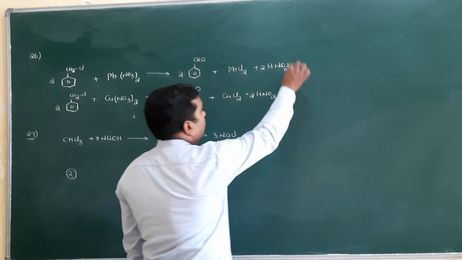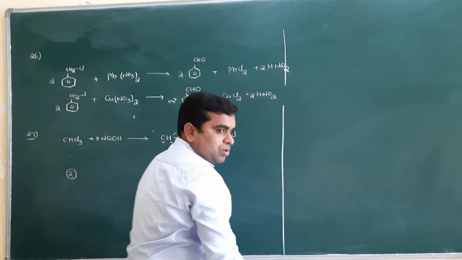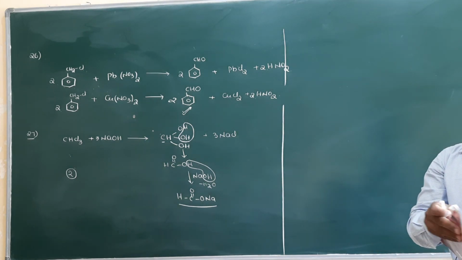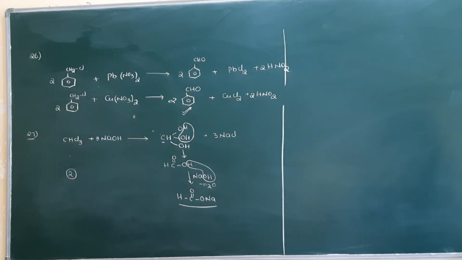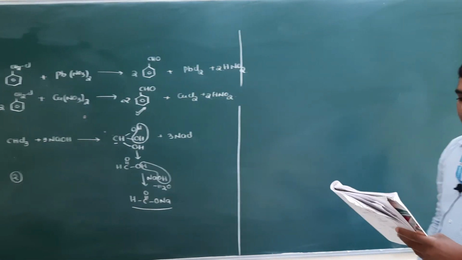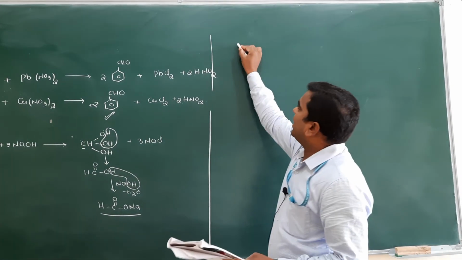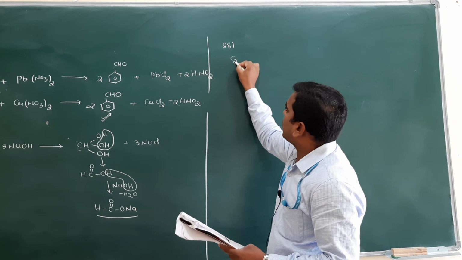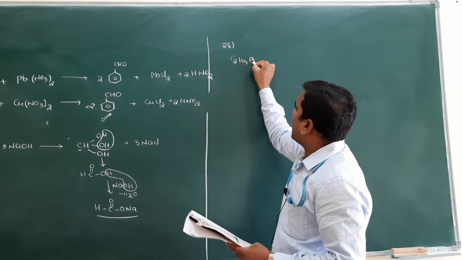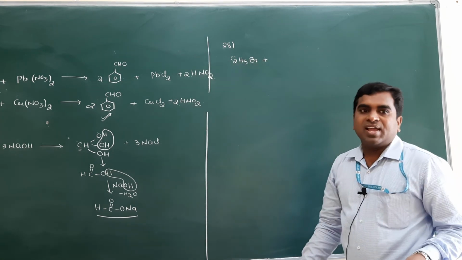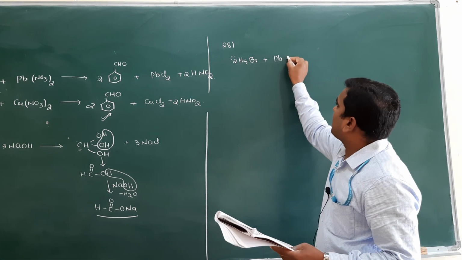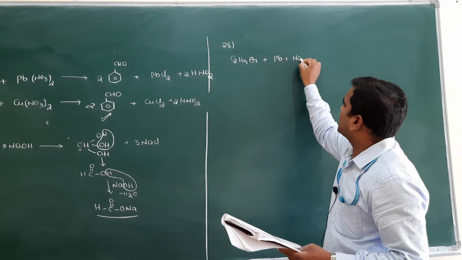Clear? Next one. Now go to question number 28. Coming to question number 28: tetraethyl lead reacts with lead sodium alloy to form ethyl bromide. This question number is 28. Ethyl bromide means what is the formula? C2H5Br, and treated with an alloy of which one here? Lead and sodium, Pb plus Na. Clear? This is an alloy.